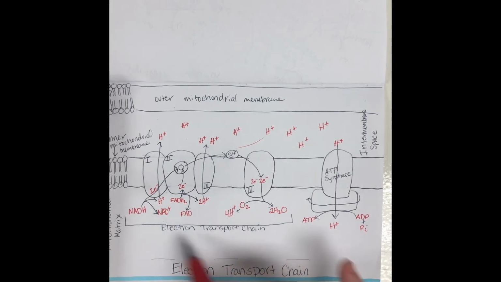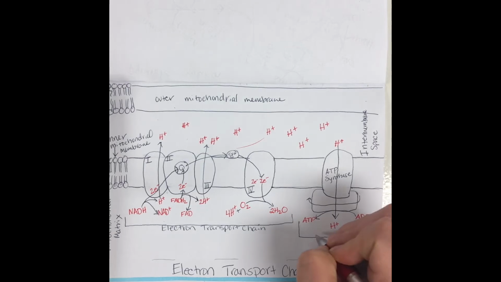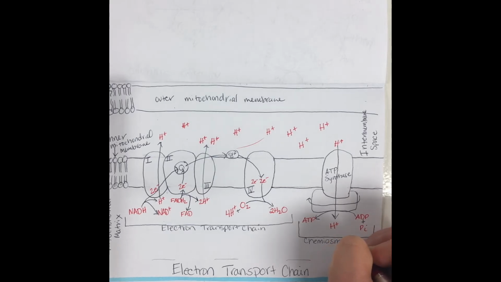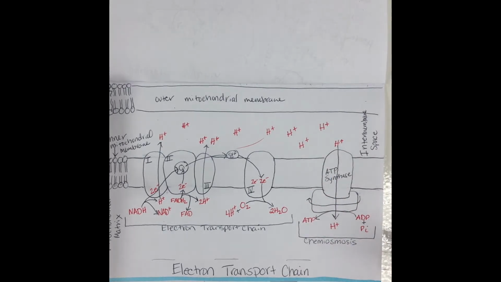Now, just like this part was the part that was called the electron transport chain, this part here is called chemiosmosis. Okay, so it is chemical osmosis. It has to do with the movements of water, and it is what is creating the ATP. This is driven by a buildup of hydrogen ions